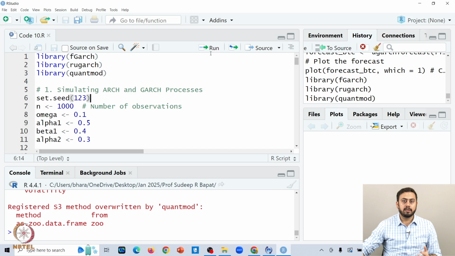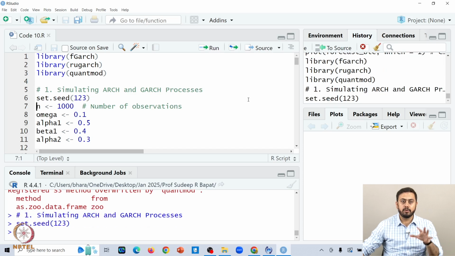So again we will specify some set seed. Just to make sure that all of you understand the role behind set seed: if you want to replicate this a number of times, then R will ensure that every time you get a randomized kind of output. So it will start with the same seed, the same number 1, 2, 3, but it will produce a randomized output every time.